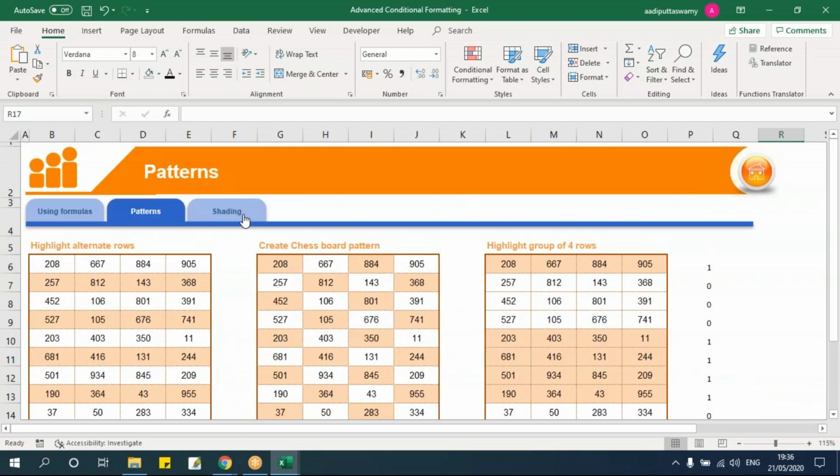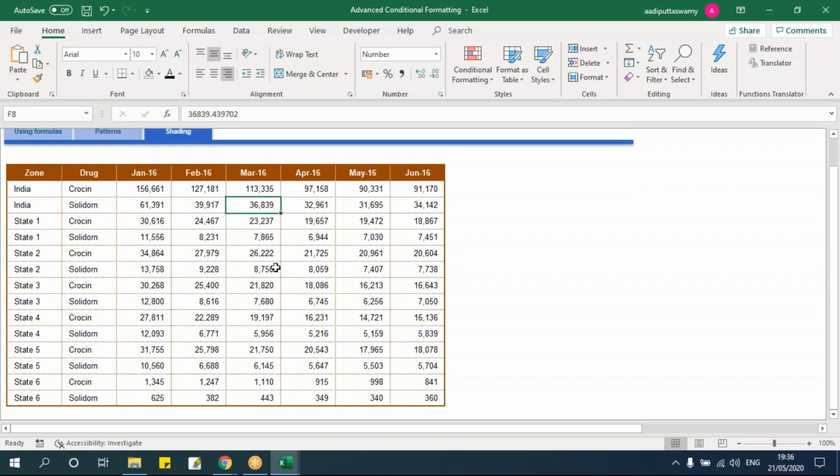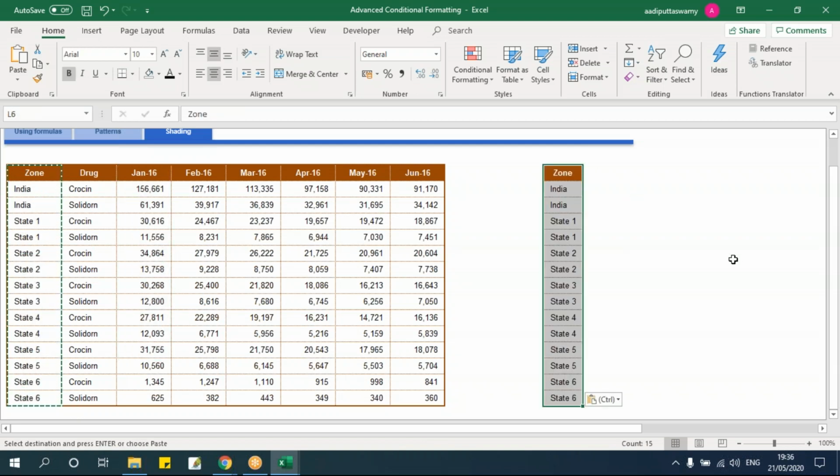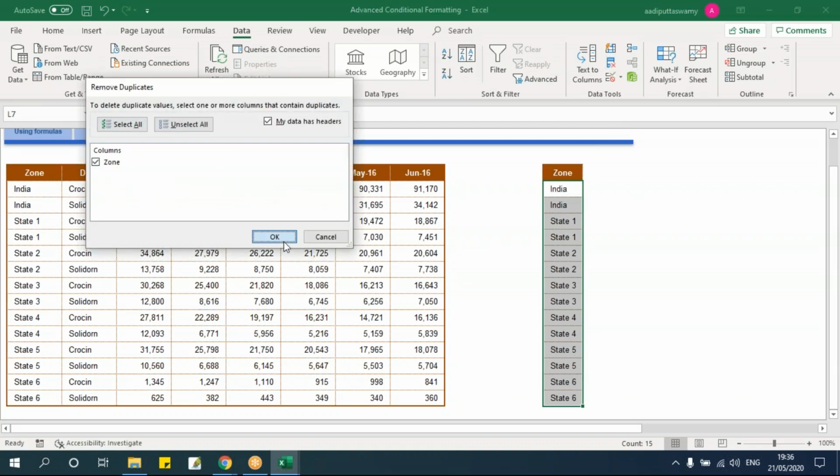Fine. Let's go here. Here I have one table. Let's say I want to highlight some states based on the ranks. Let's take this zone and I'll put it here, and I'll say data, remove duplicates.